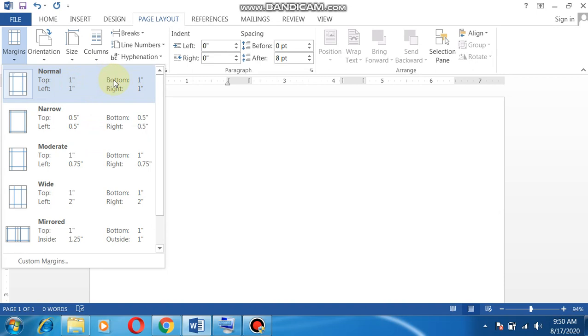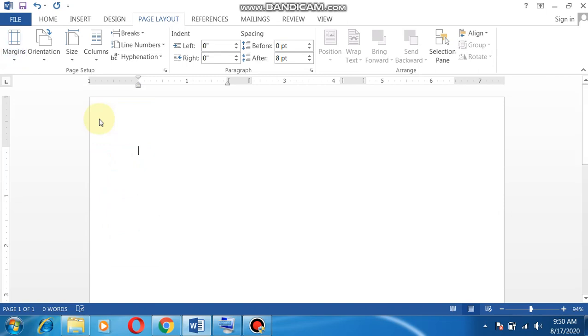If we want, we can take this one. If we want narrow margin, if we want less margins to be left, we can select 0.5 or moderate. We can select any of the settings which we want. So let's do this 0.5 margin. By default, the margins are set to 1 inch.